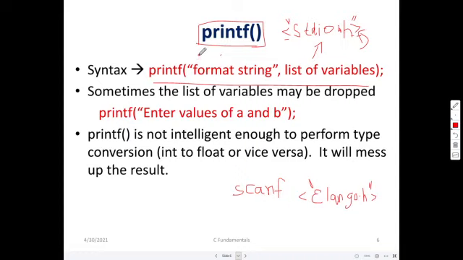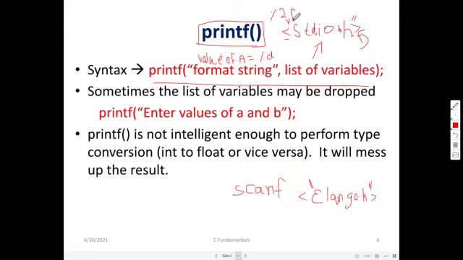Suppose: value of a is equal to percentage d, or percentage i, percentage f, percentage c, percentage o, percentage x. Lot of things are there. And apart from this, in the case of float, we can have percentage 2f.